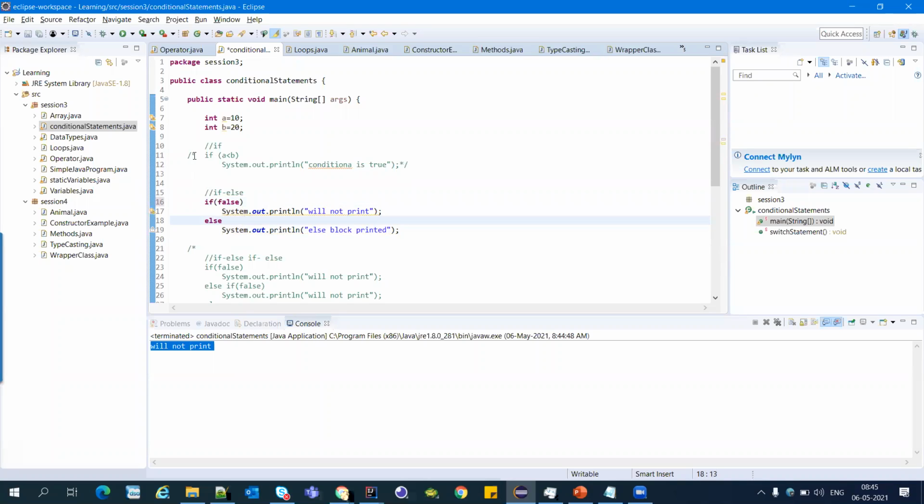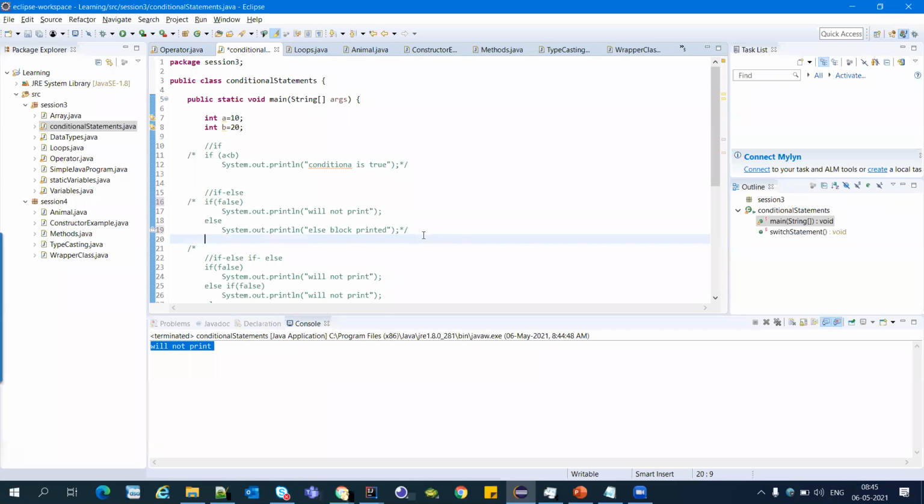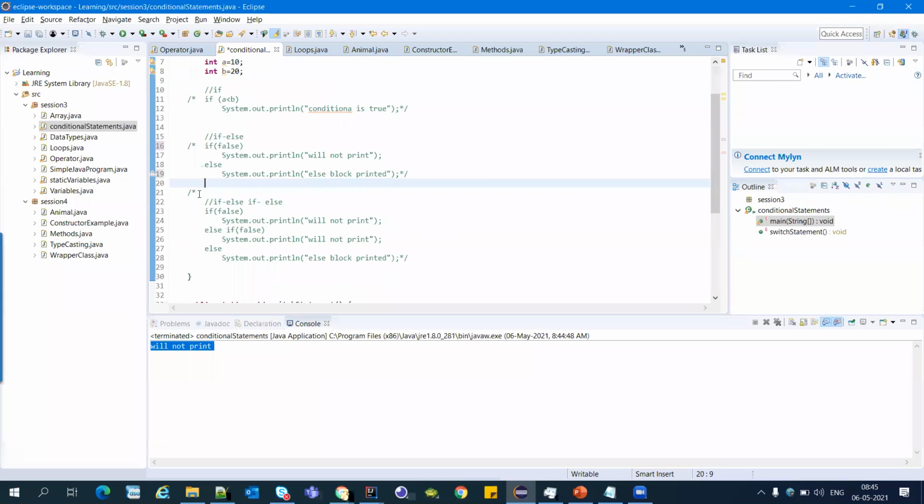So the actual use of this if else condition: suppose we are fetching some data from the UI and we are not sure what we are getting from the UI. Based on that UI input, we simply put some condition there and perform some action on that block of code. That's why this if else condition is needed in automation. This is a real time use. If else, when we have two conditions.